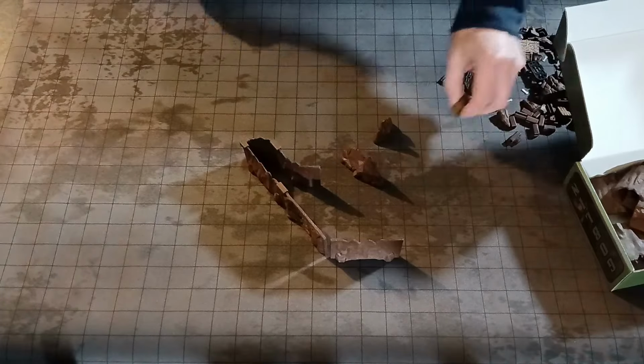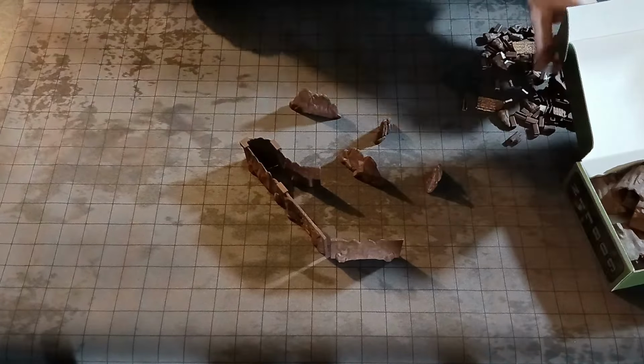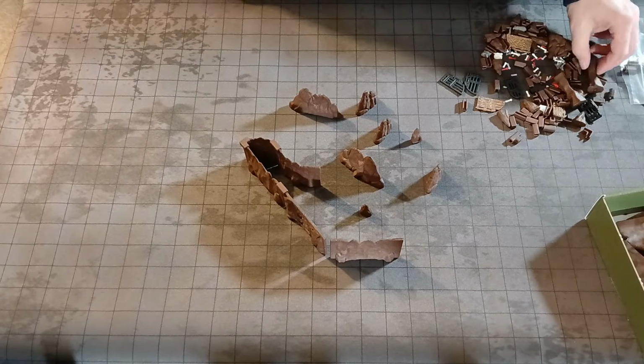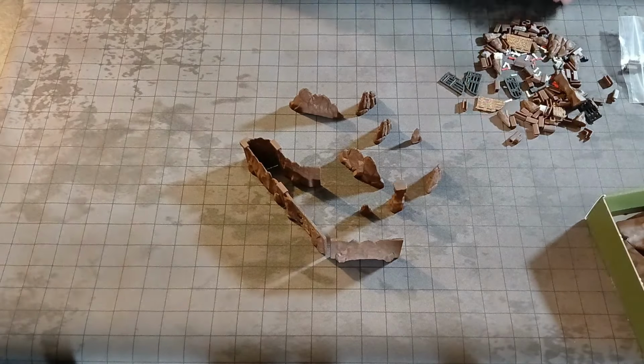They hang on. And then once you have that built, you can use some of this scatter terrain, like so. There's some smaller versions. There's larger pieces there. There's even a column. A couple columns right there. And so when you're doing your battles,